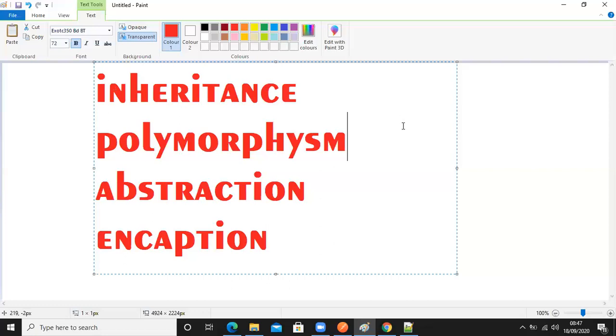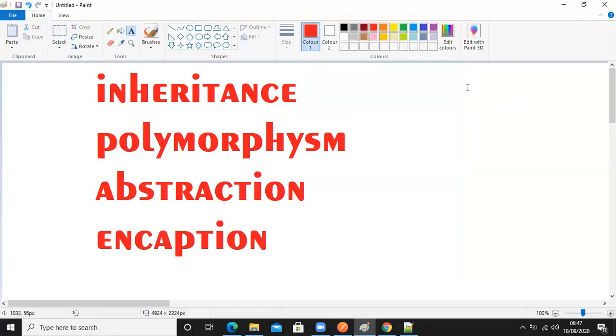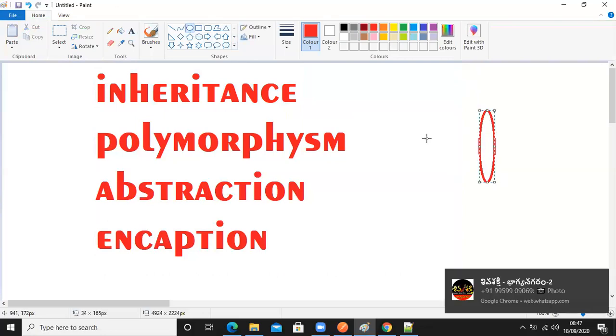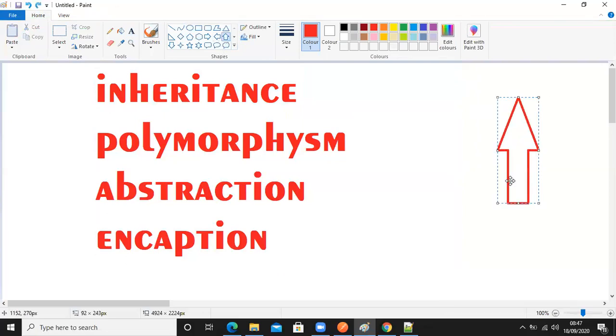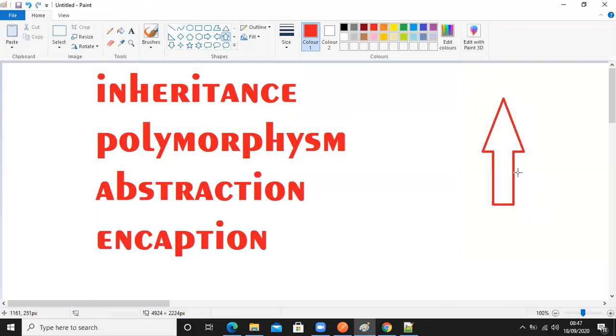Okay, let us understand what is inheritance, what is polymorphism. So what is inheritance? Inheritance means if something is already developed or already manufactured. For example, I have one pen already manufactured. The pen will have its own behaviors and everything. You take this is a pen, and I wanted to make it better.